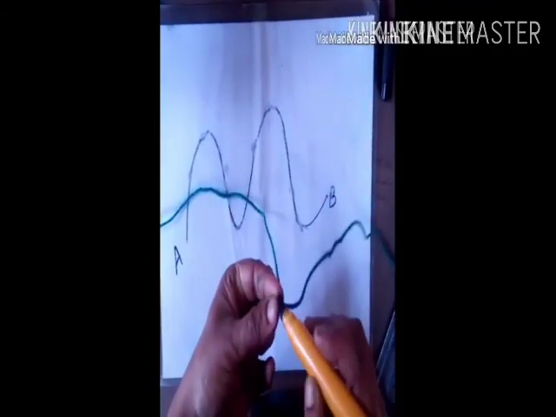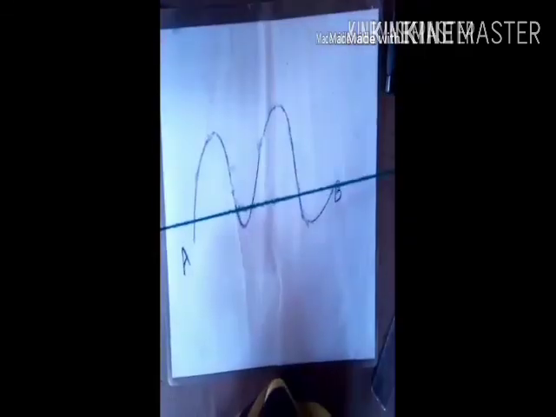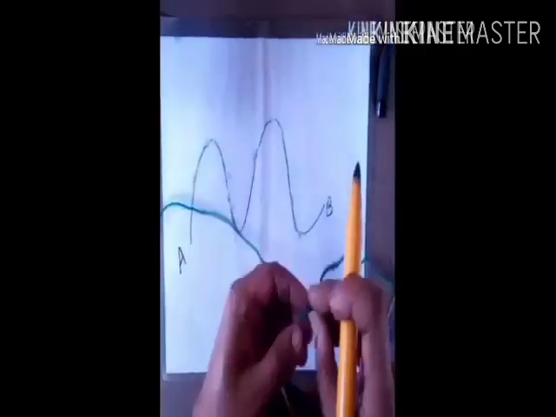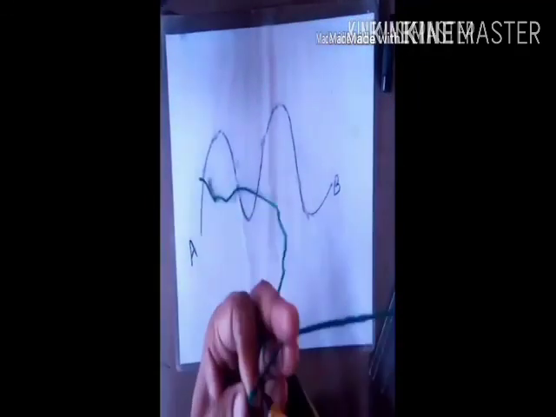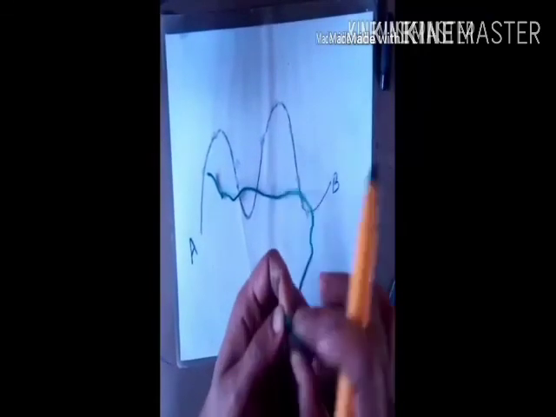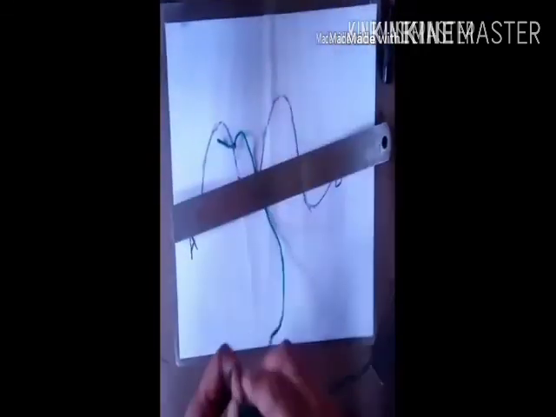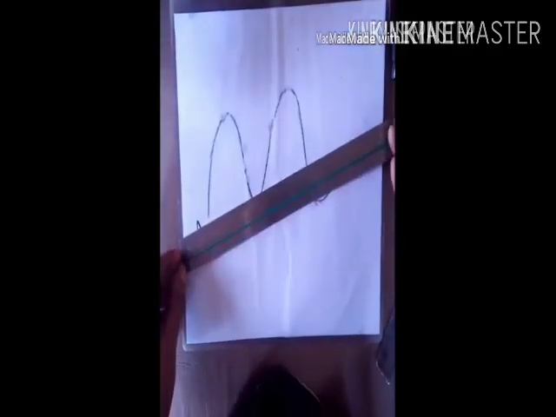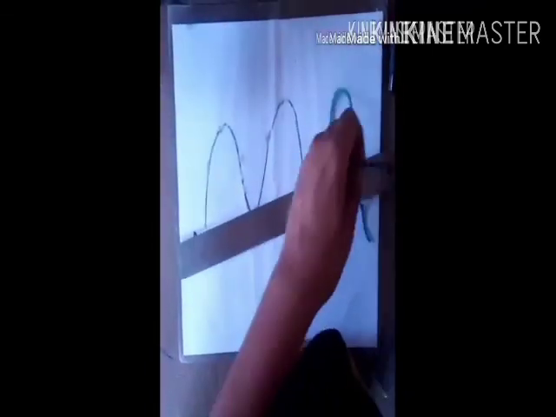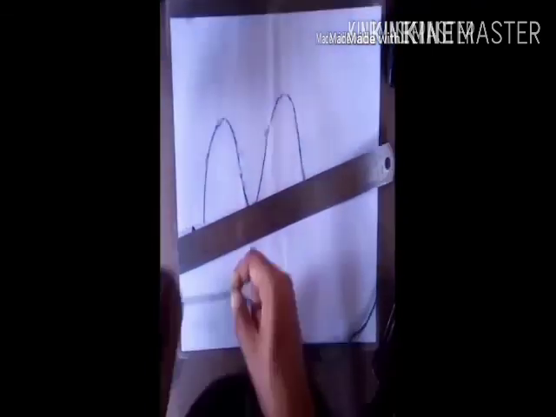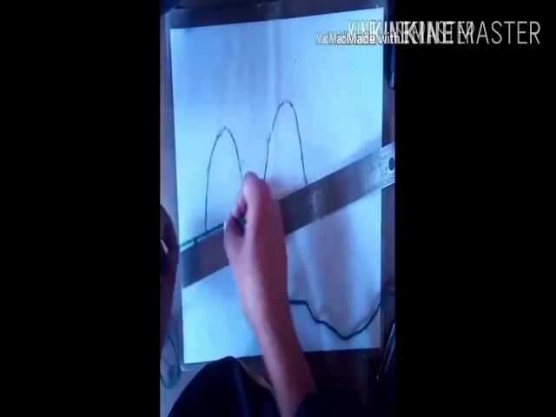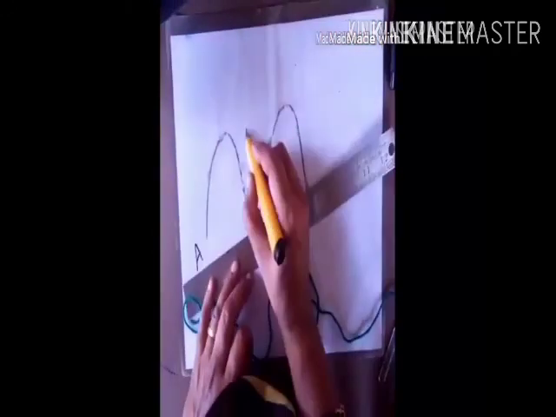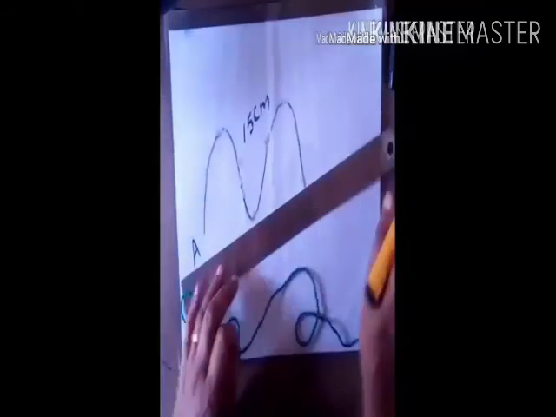Till the end B, I have measured this and I marked here. Now using the scale, you have to measure this length. I have marked here with a marker and now you have to measure this. Okay. Now use the scale. See, it is 12, then 12 plus 3. 12 plus 3 is 15. So we got 15 centimeter for this curved line.